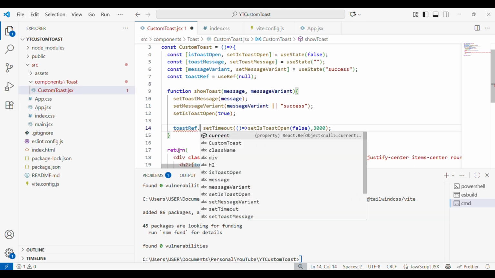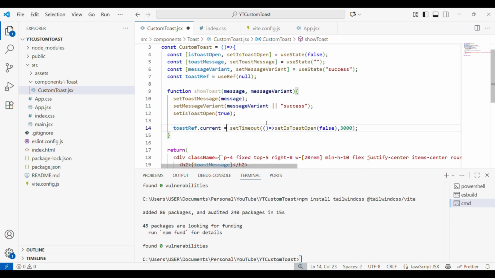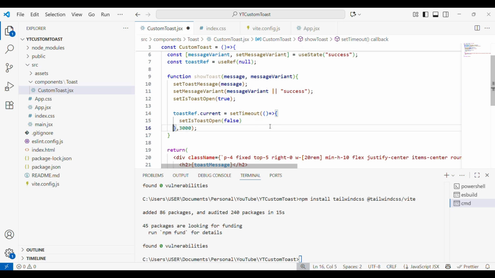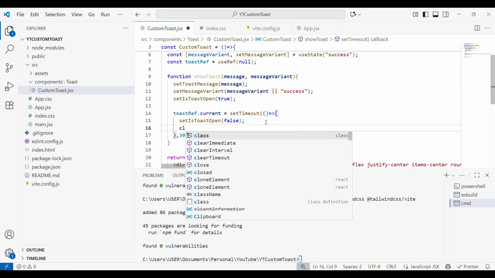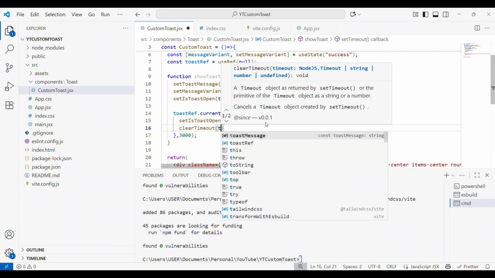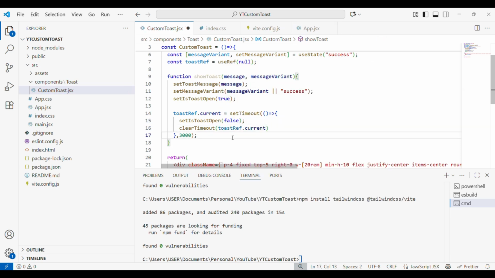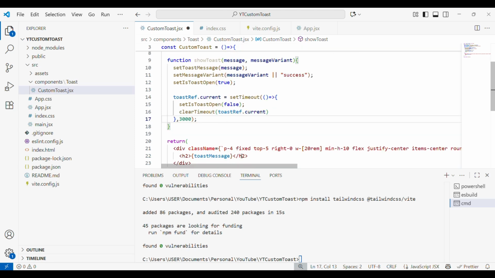Okay. toastRef.current is equal to setTimeout, or what we've done before. So I'm just going to put this in a new line. And then I'm going to say clearTimeout, and it's just going to be toastRef.current. Okay. So now we have, if we run this toast, obviously, if we use